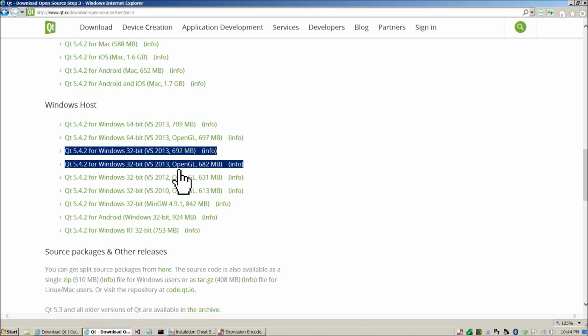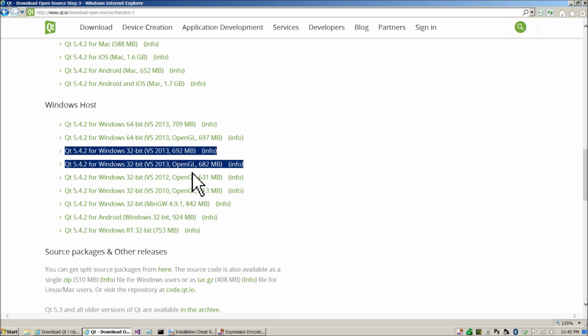the OpenGL version of course includes OpenGL as shown, and the non-OpenGL version includes Angle, which is a library actually written by Google, and it converts, or remaps I should say, OpenGL function calls to DirectX. The reason that Qt uses OpenGL is because it's written to be cross-platform. As you know, Qt programs can run on Android, Linux, Mac, etc. And of course DirectX is Microsoft's proprietary 3D function call software interface. So